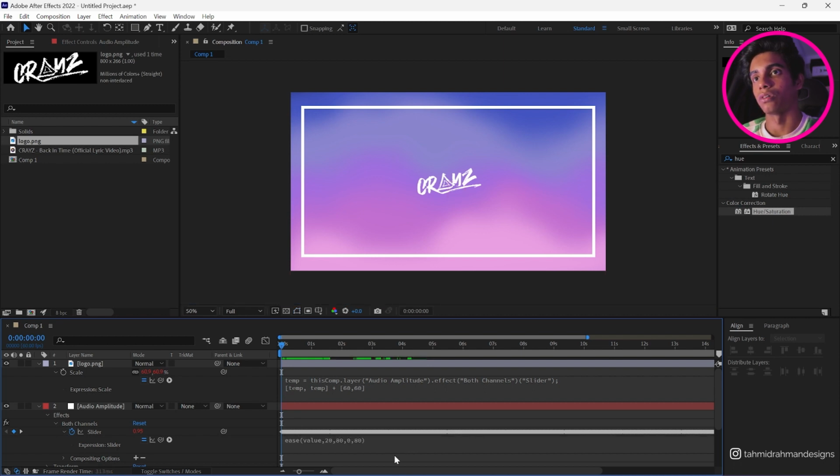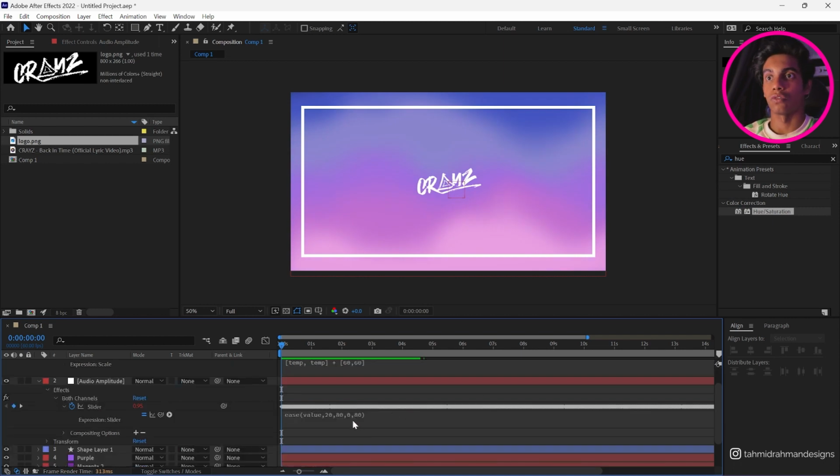So if I were to go with 20, right back in time. So if you were to go with 20, right back in time. As you can see, this one looks better, but it's still wobbly. So you can definitely fix this by playing with these values and getting your sweet spot. But this is what we wanted to achieve throughout the entire video. So if you were to look at the entire thing,